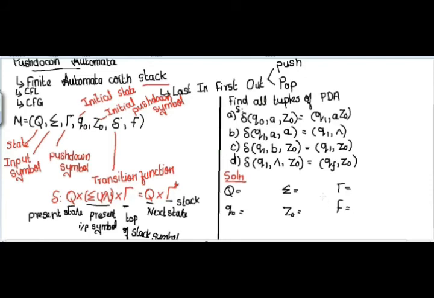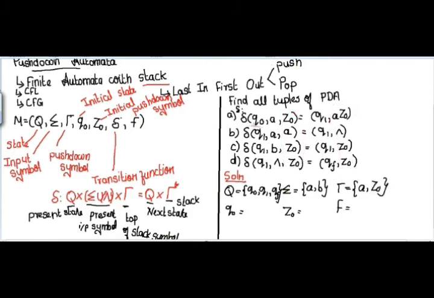In this example, the different states are Q0, Q1 and Qf. And two input symbols I have used. Check this middle part, which is the input symbol. Here I have used A and B. So two input symbols I have used, that is A and B. And in the stack, I have used A and Z0. This portion is the stack, the one which I have circled. So here if you check this one, I have used A and Z0. So the stack symbols are A and Z0.